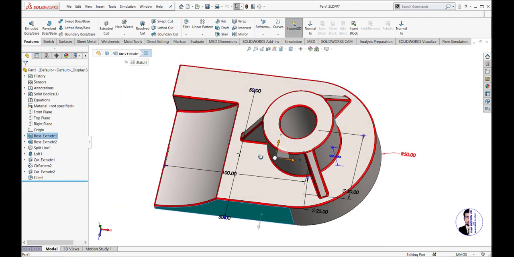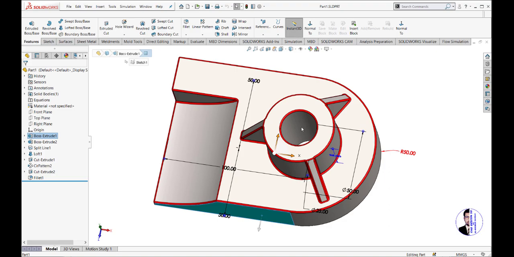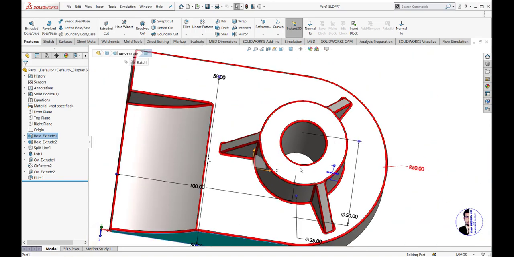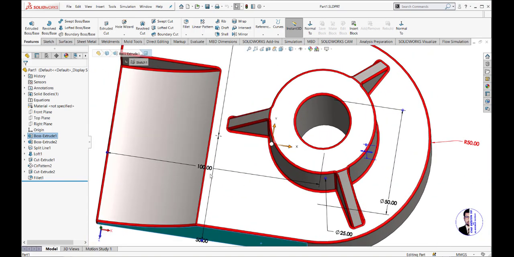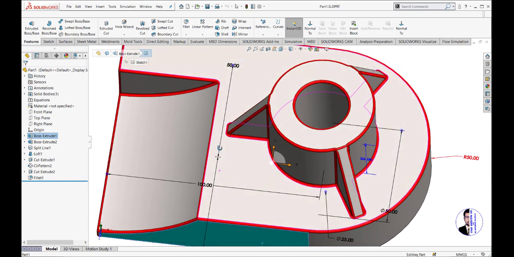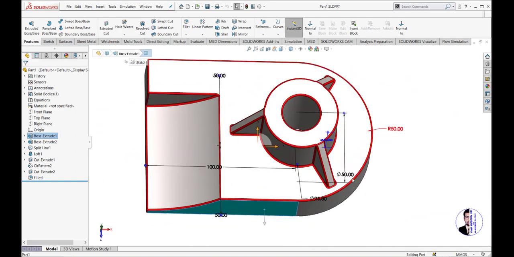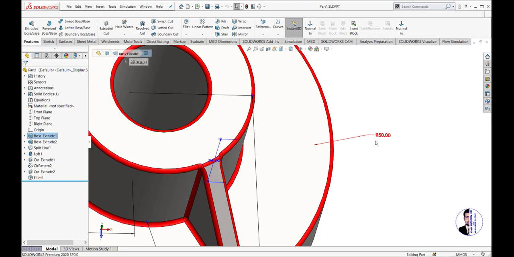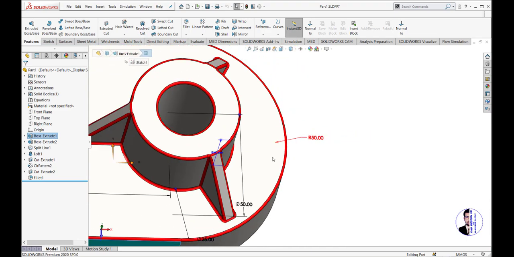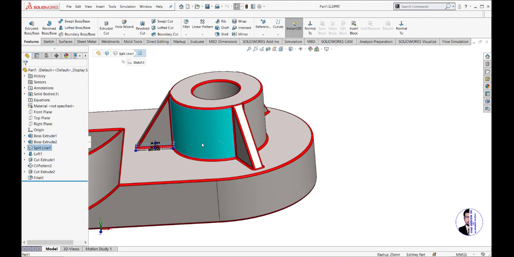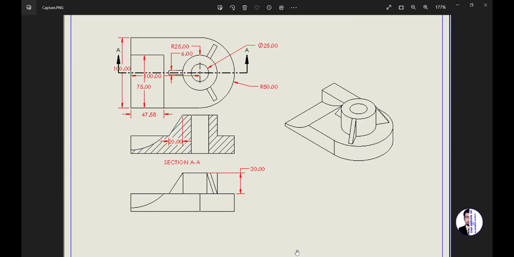The hole center is in between, and the length is 100 millimeter, and the simple arc radius is 50 millimeter. The extruded boss base is 30 millimeter. So now it is